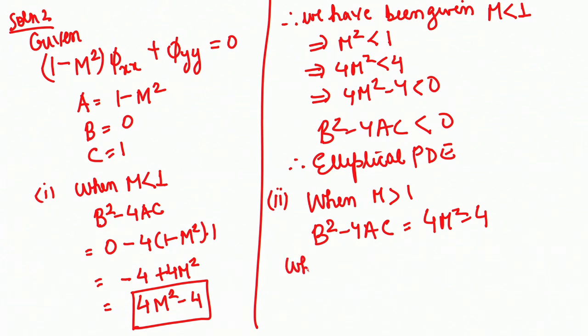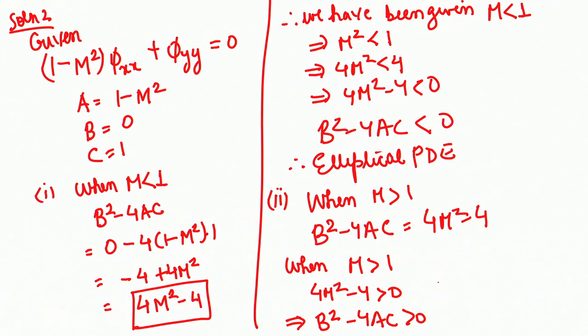So when m is greater than 1, this means 4m square minus 4 is going to be greater than 0, which implies b square minus 4ac is greater than 0. This implies it is a hyperbolic PDE. Okay,